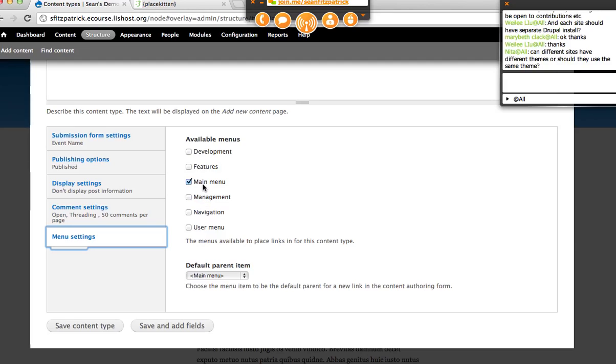And you can toggle which menus, if any, you want these nodes to appear in. This does not mean that if I untoggle main menu, it precludes me from having a calendar link on my menu. What this means is that